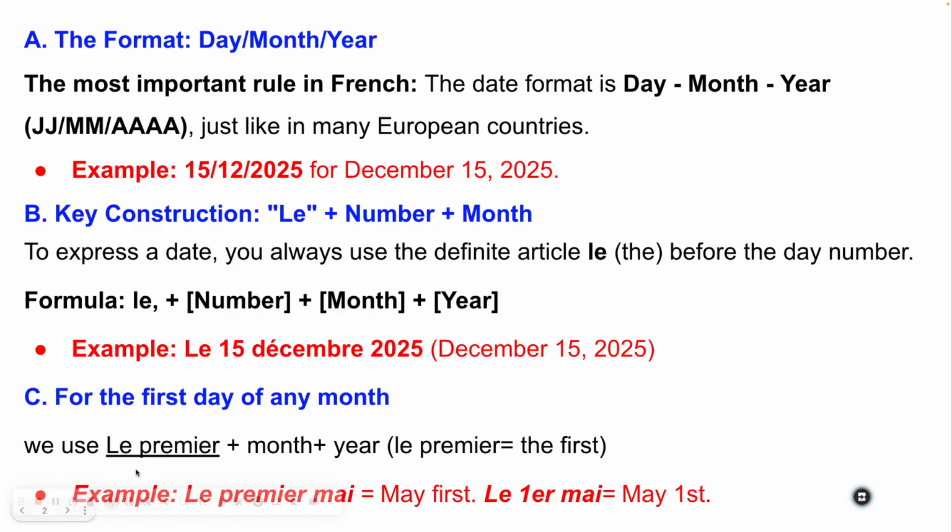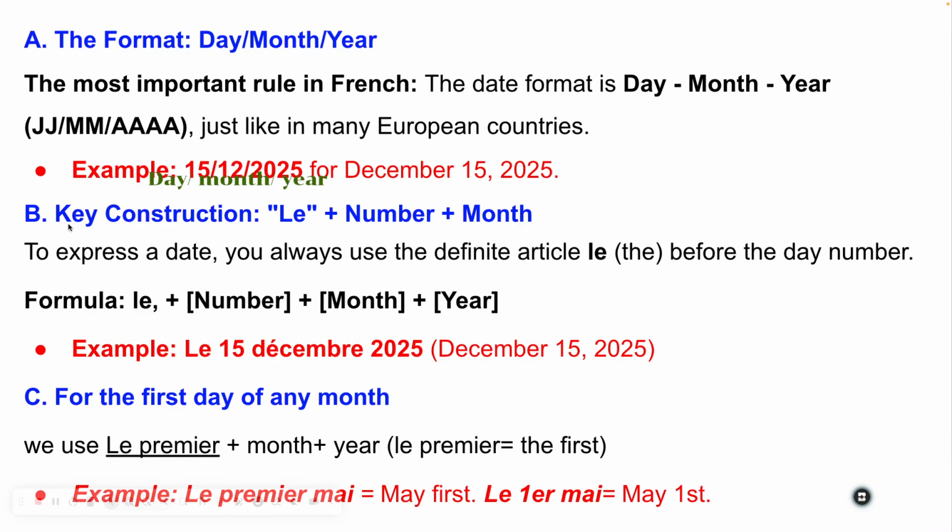So to answer the question, quelle est la date aujourd'hui? What's today's date? Option 1 is to use the format day, month, and year. Keep in mind that in French, we start with the day, then the month, and then the year. For example, le 15, 12, 2025. 15 is 15, 12 is the month December, and 2025 of course is the year. So for December 15, 2025, we start with the day,